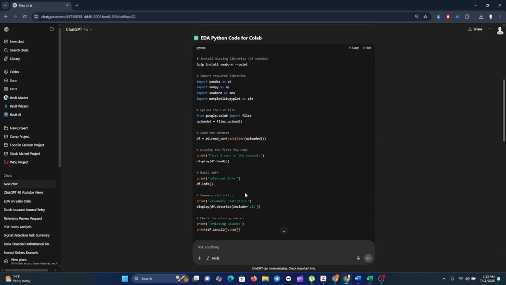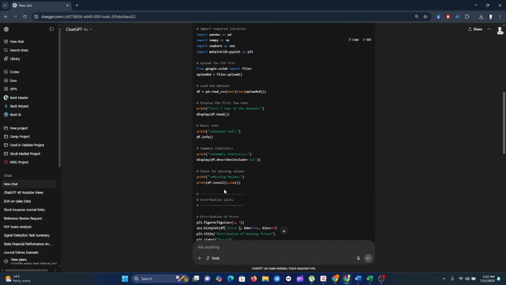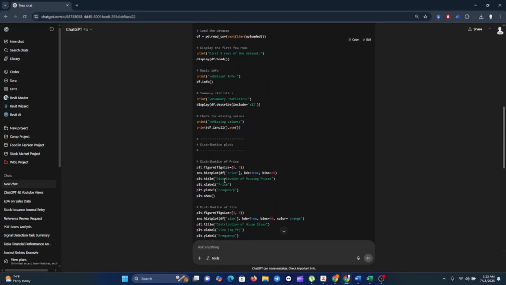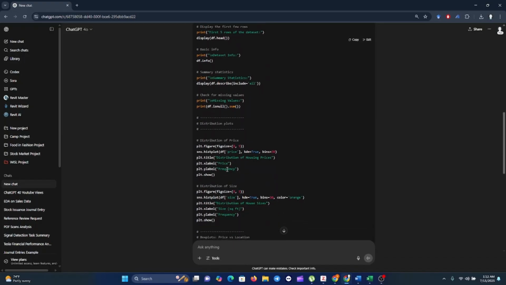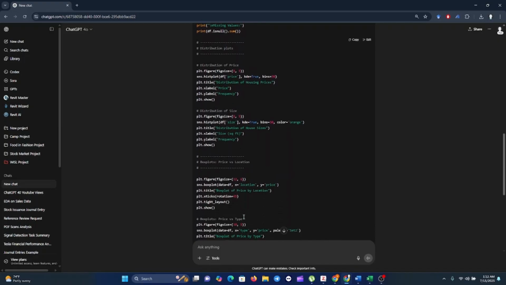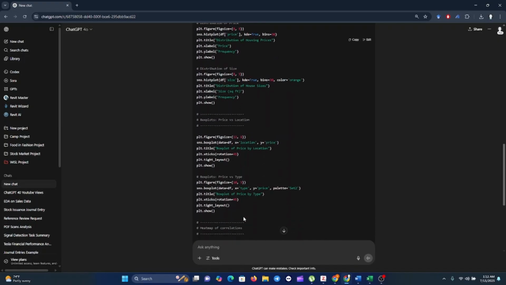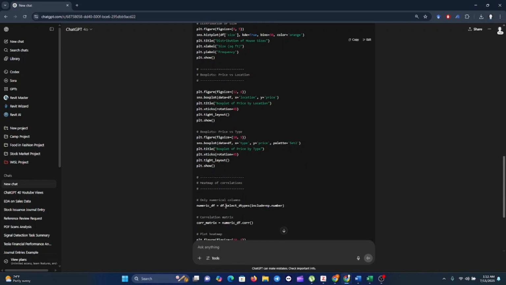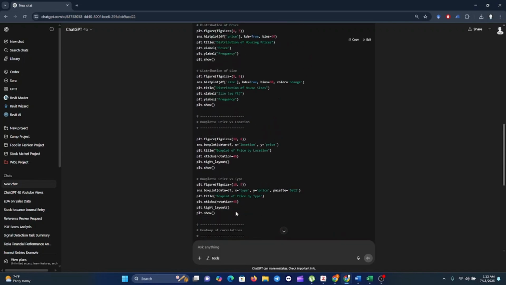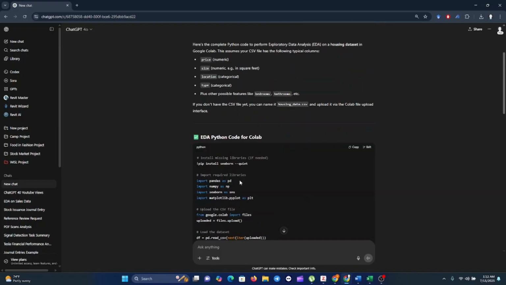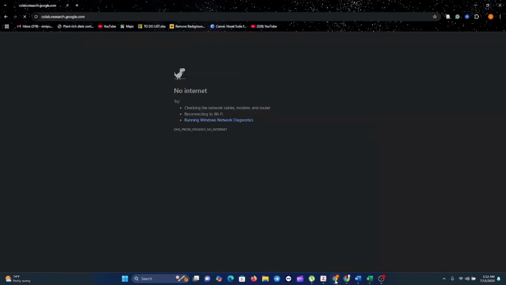It does that for you very well. Summary of your statistics. Check for the missing values. Then you come now to plotting, distribution of the price of the size, then the box plots, prices versus type, the heat map of the correlation, numericals, and all that. So it has given you all these, and we are going to see using